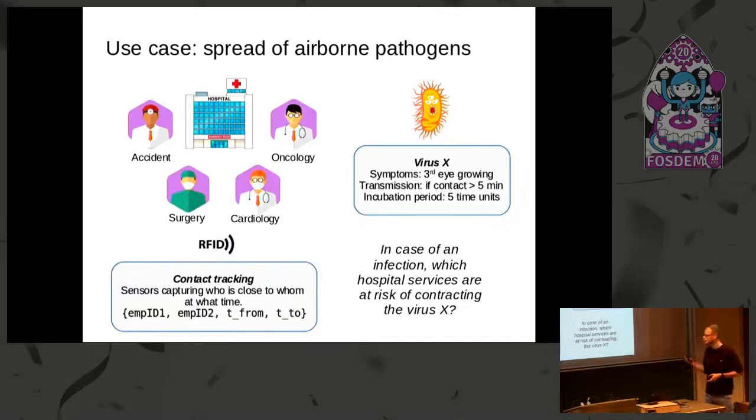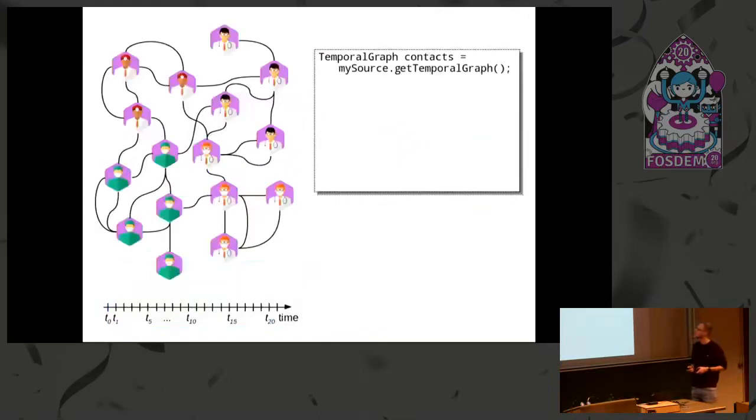That means if someone is infected and we detect them, then we have to look at the time period, 5 periods ago, before the infection, to see which contacts this person had in the past, to see, for example, which services of this hospital we have to put in quarantine. So our question is, in case of an infection, which hospital services are at risk of contracting the virus? Okay, so imagine we have this full history of our graph and connections here on the left